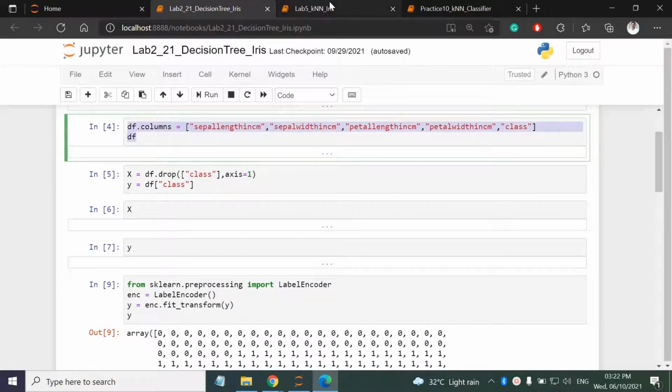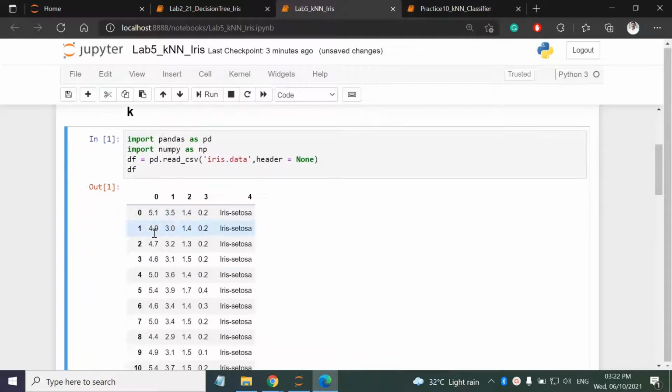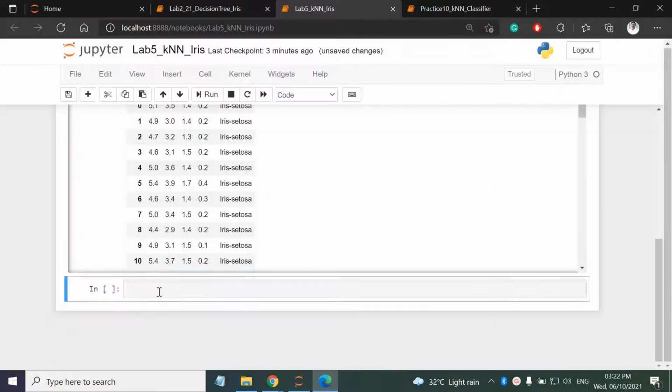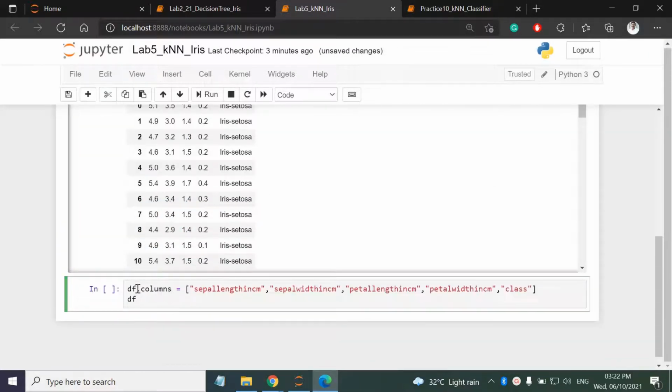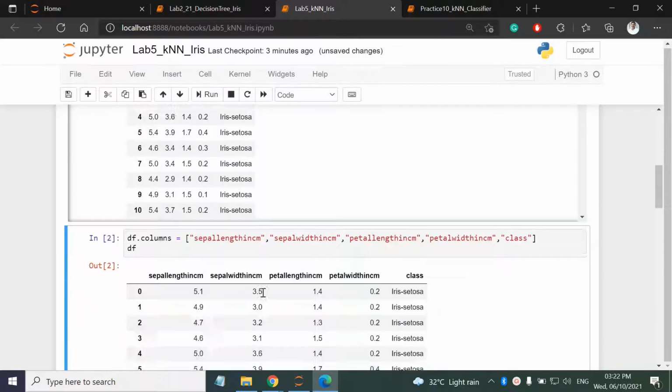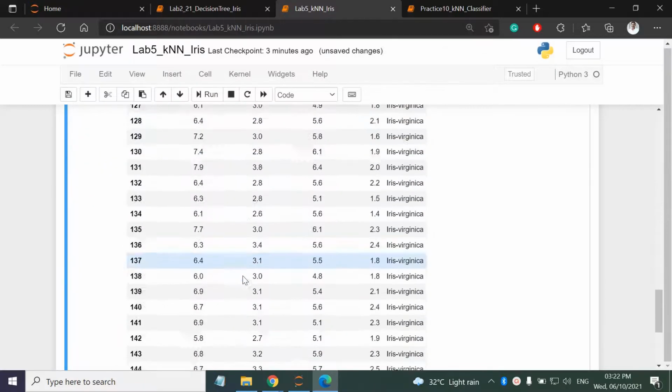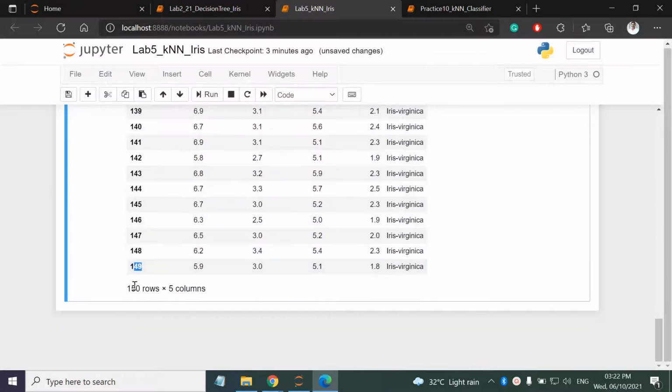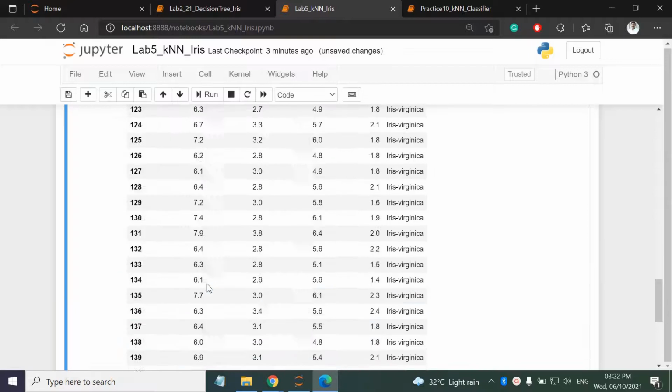So let us add that also. Okay, so in this data frame I am adding the column names. So we have sepal length, sepal width, petal length, petal width, and the class. Okay, now my data frame is looking like this. Okay, total 150 records are there, 150 records and 5 columns.